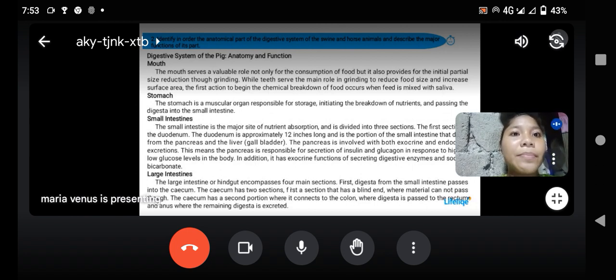The stomach. The stomach is a muscular organ responsible for storage, initiating the breakdown of nutrients and passing the digesta into the small intestine. Small intestine. The small intestine is the major site of nutrient absorption and is divided into three sections. The first section is the duodenum. The duodenum is approximately 12 inches long and is the portion of the small intestine that receives secretions from the pancreas and the